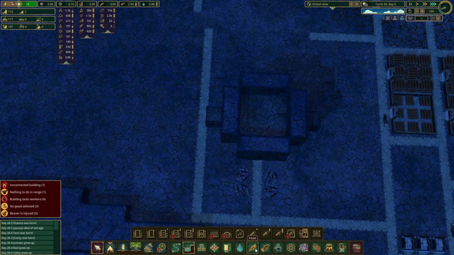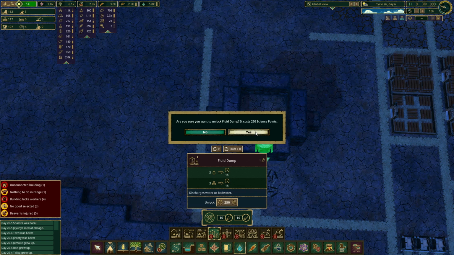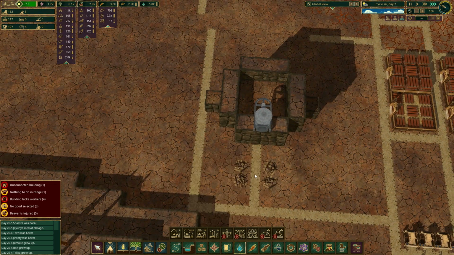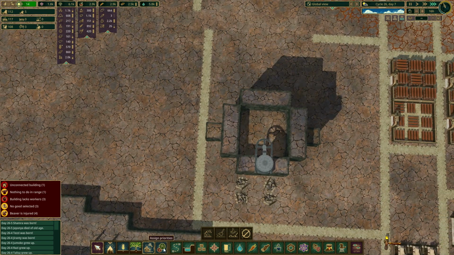I've got... No, water, wasn't it? I've got enough for the fluid dump. Rotate that. That will then go into there, which is great. Now I will delete these. Delete this. Let's get a ladder back. That's what I was trying to work out. I probably...